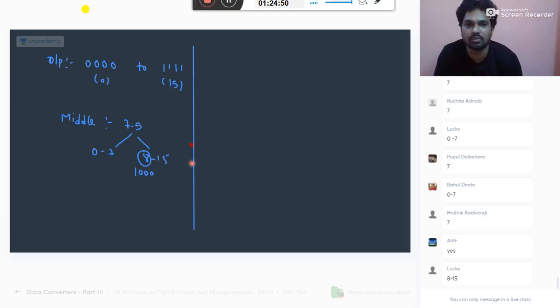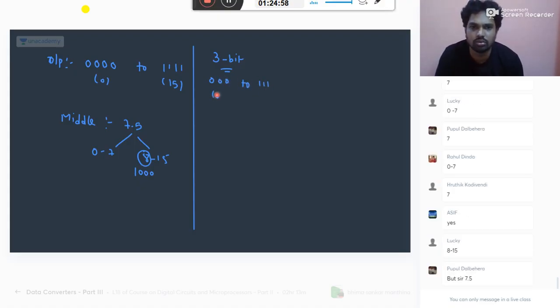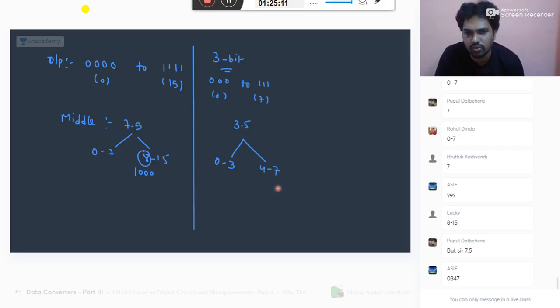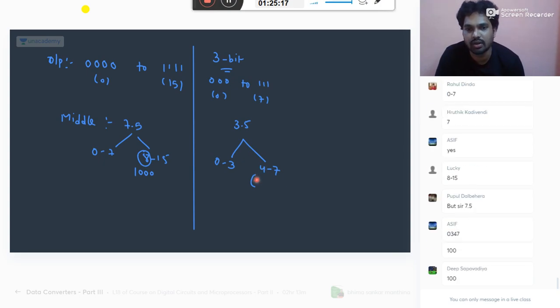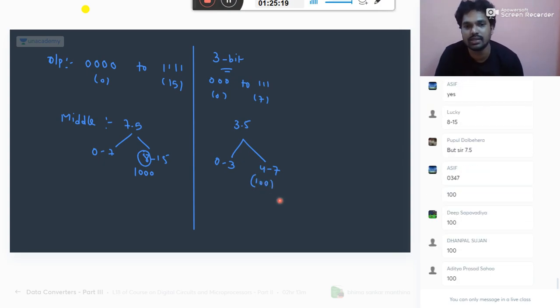Suppose you take 3 bits. 3 bits means 3 zeros to 3 ones. It is 0 to 7. So what is the middle point? 3.5. So you can make this as 0 to 3 one side, 4 to 7 one side. What is 4? It is 100. So you can see